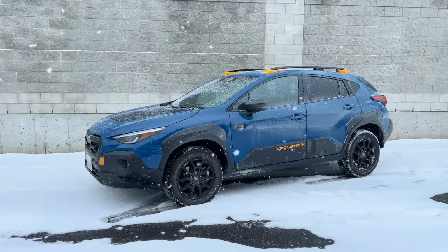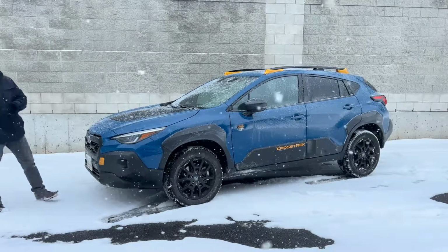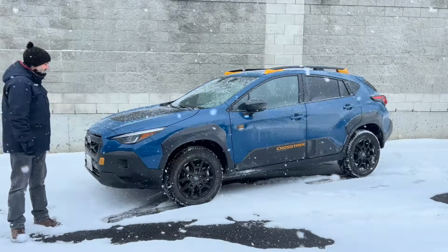This, my friends, as you can see in the caption, is the all-new 2024 Subaru Crosstrek Wilderness. I'll tell you right now, I really like this car. But